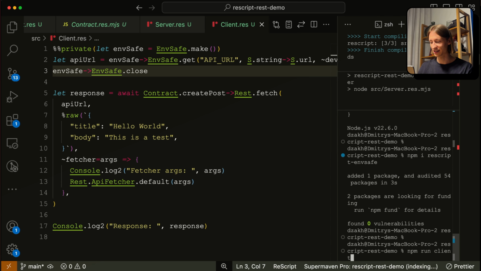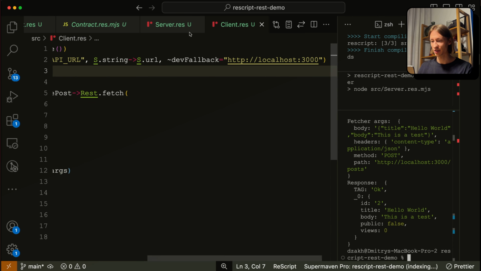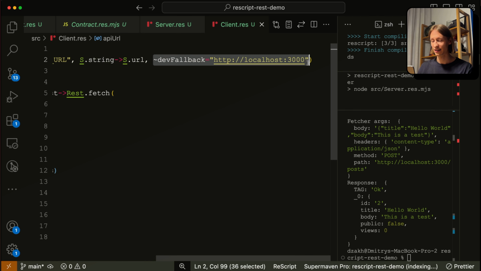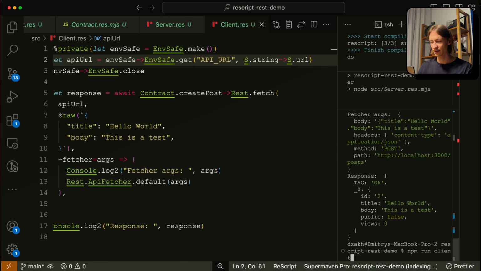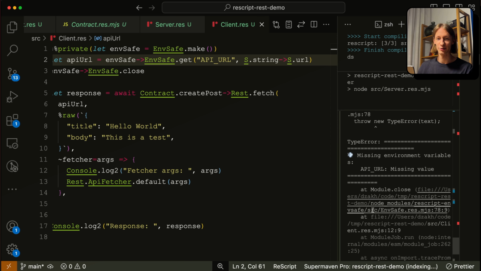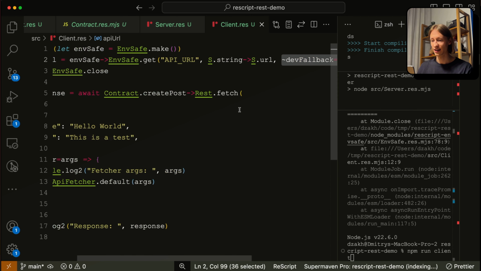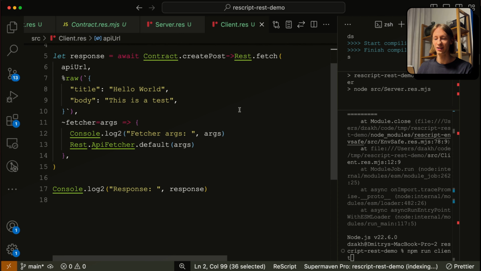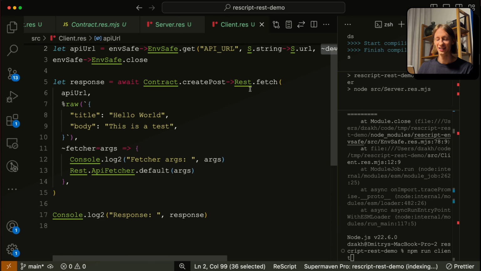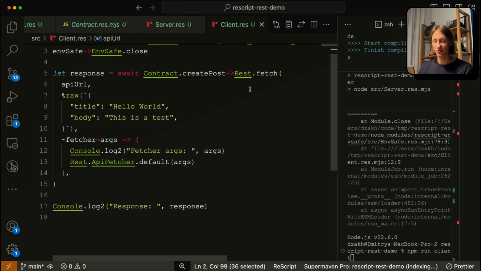ready to run the script and see that it works. For example, if we didn't have this default fallback, we would run into an issue saying that you have missing environment variables, and it will list all the environment variables that you don't have, which is nice and really super to debug when something goes wrong when you run your application. So this is it. We've created